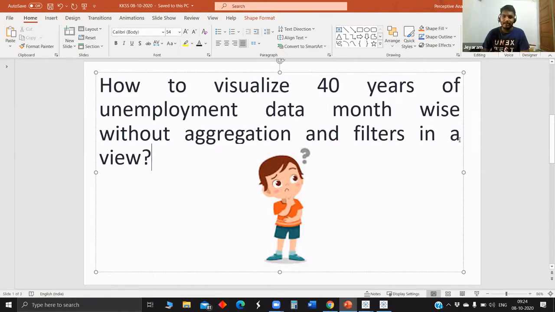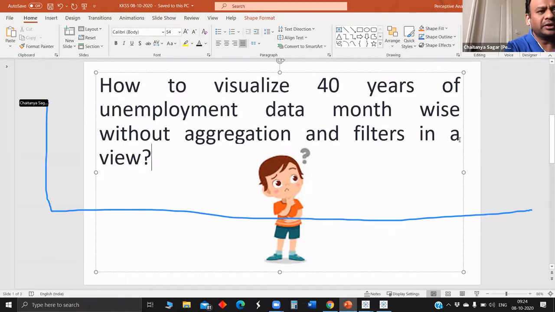Yeah. So apart from that, any other thoughts? Scrollable timelines? No. A simple thing would be, let's say you have something like this. It's 40 years, so 40 years is a lot.